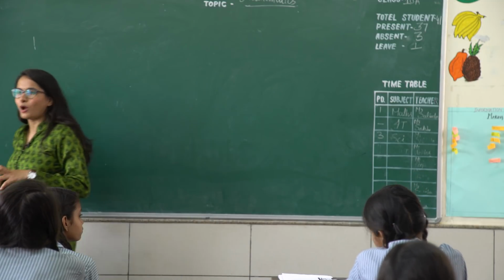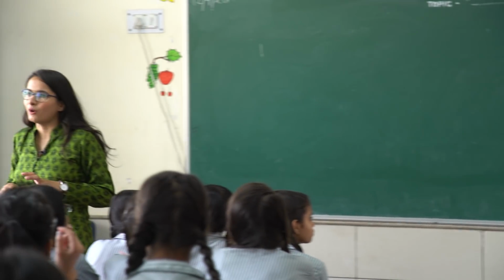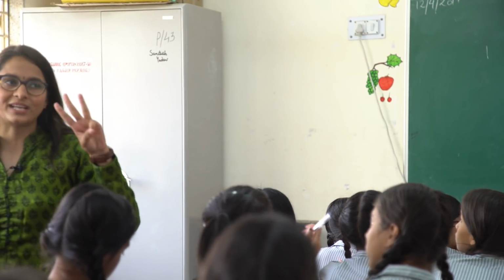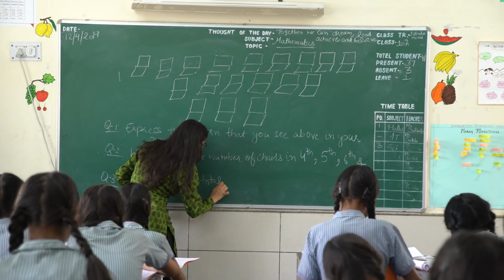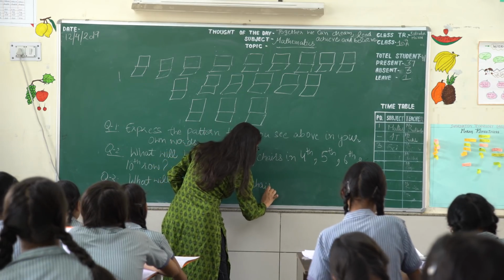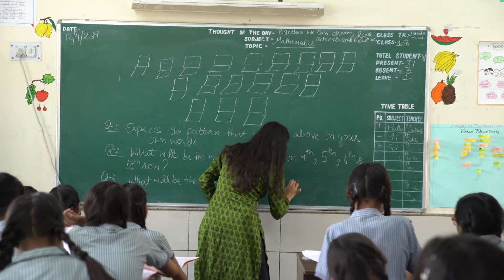It's a movie hall problem that you have to figure out. I'm going to draw something on the board and I'll give you 3 questions based on that. Clear? And then you have to answer these questions. So quickly take a note of whatever I'm writing and drawing on the board.